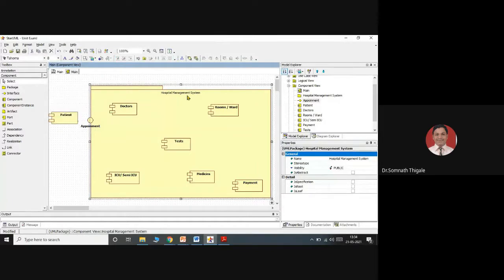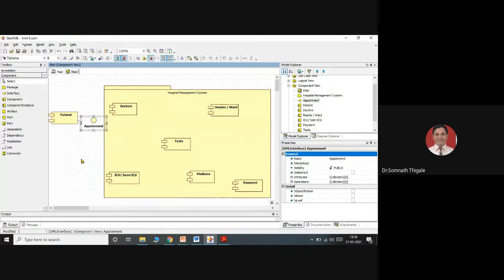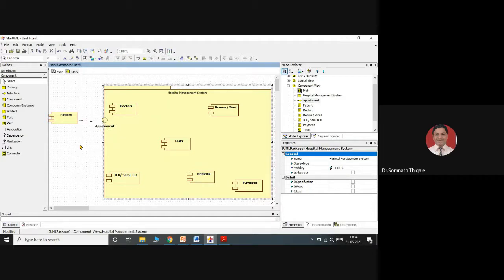So the patient starts interaction with the doctors. The appointment will be done with the doctor side.